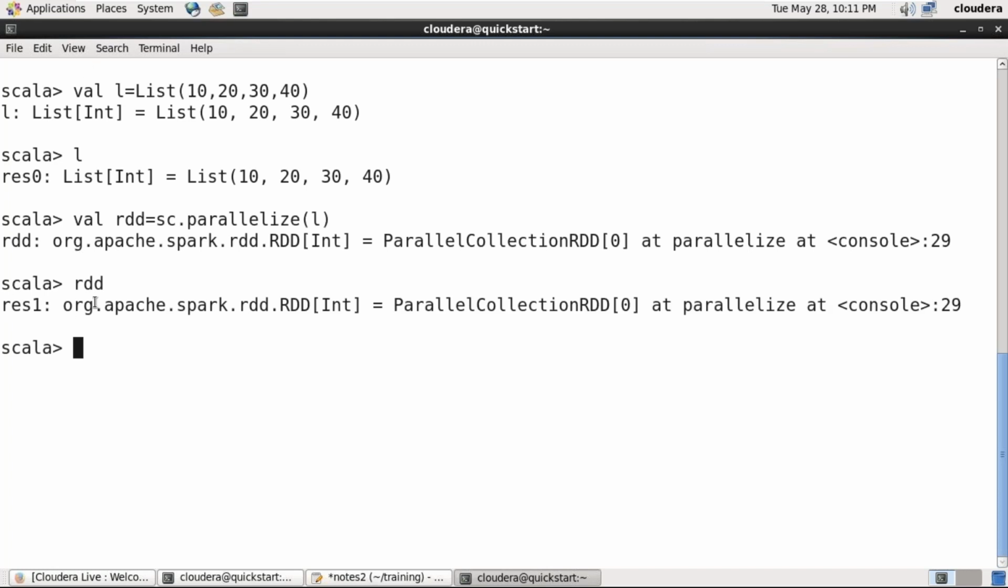Here I type rdd, and it shows the RDD. When I type L, it shows the values of L. But for the RDD, it shows only the type of the RDD, whether it is integer type or string type. That is the difference between the local object and the RDD. And the second way is